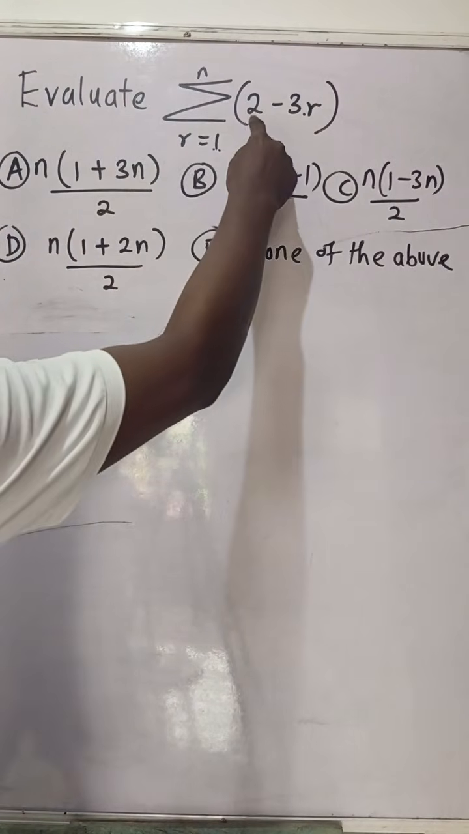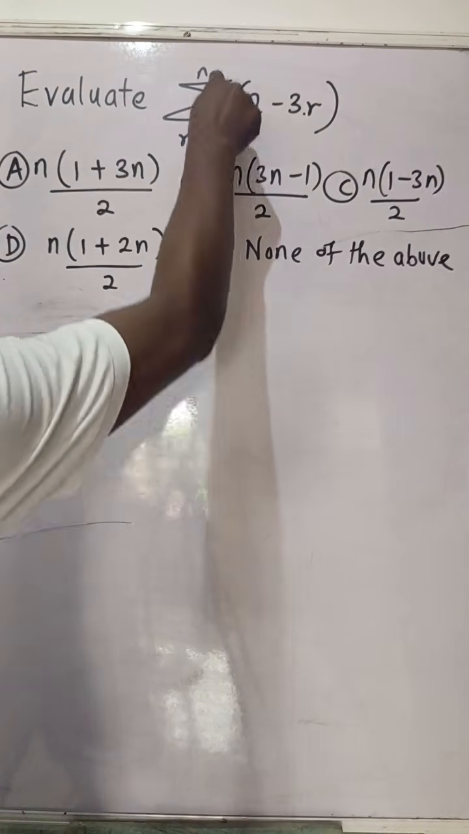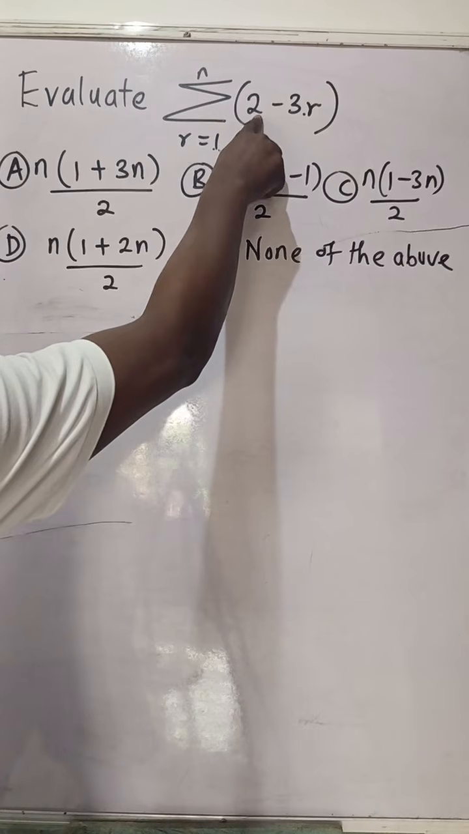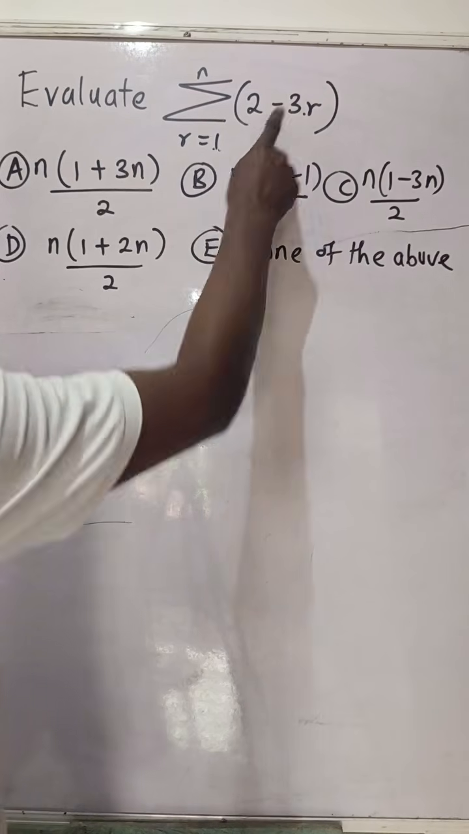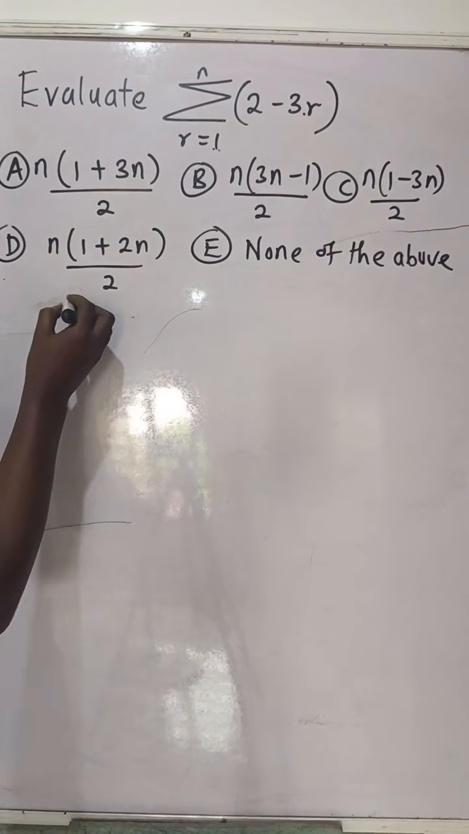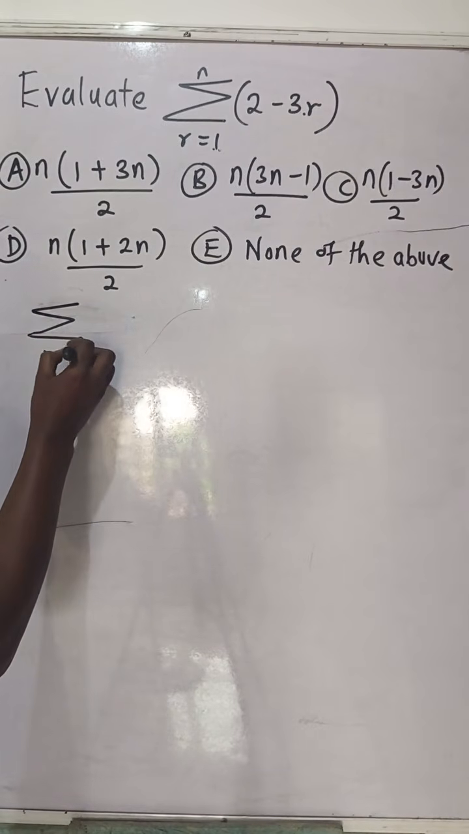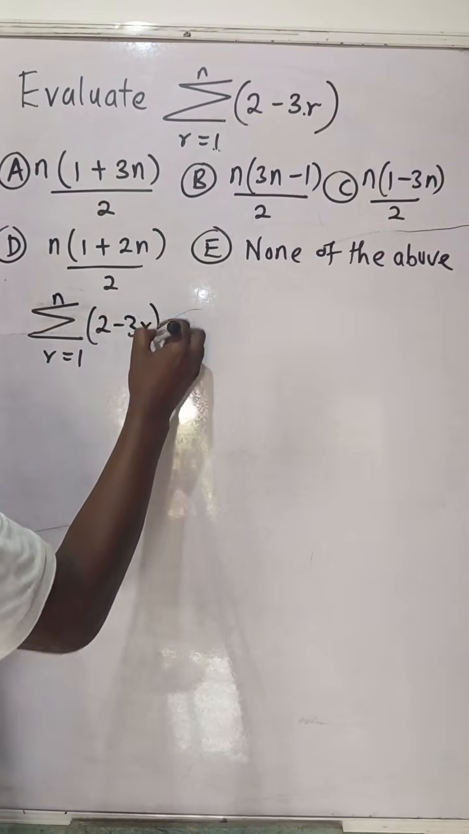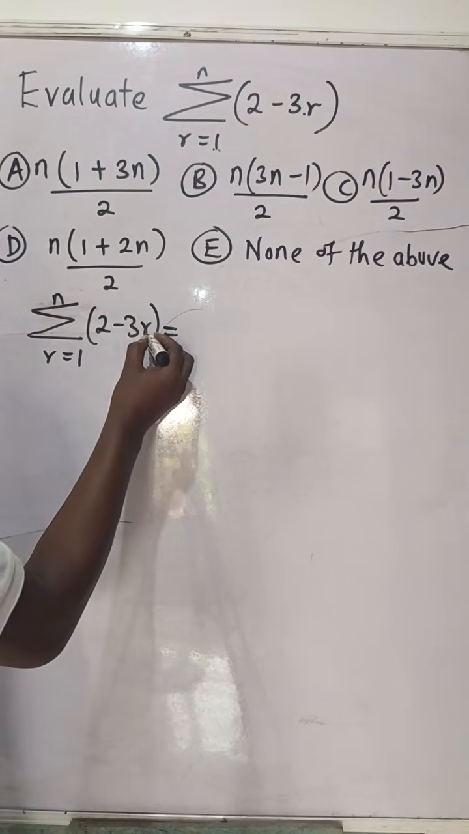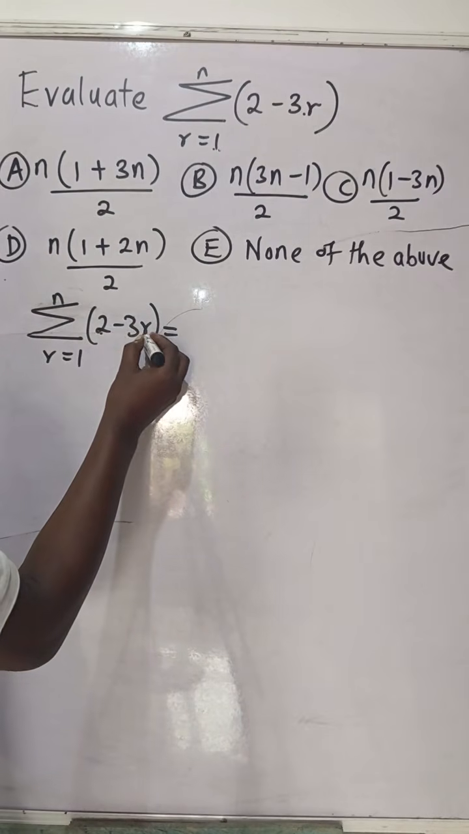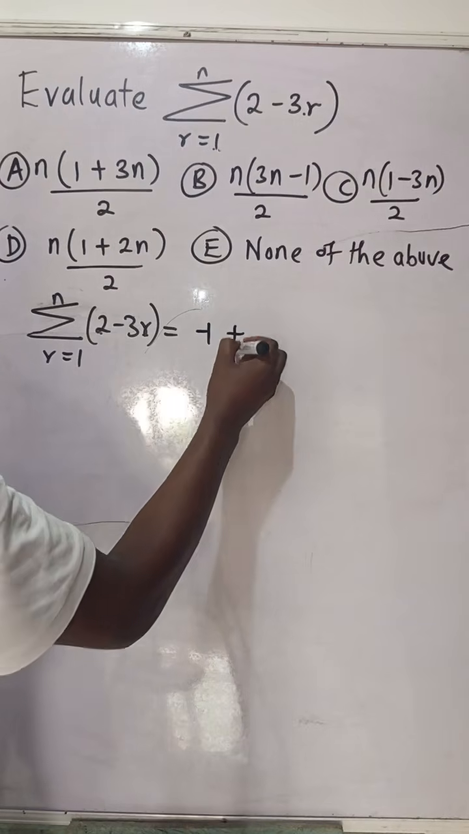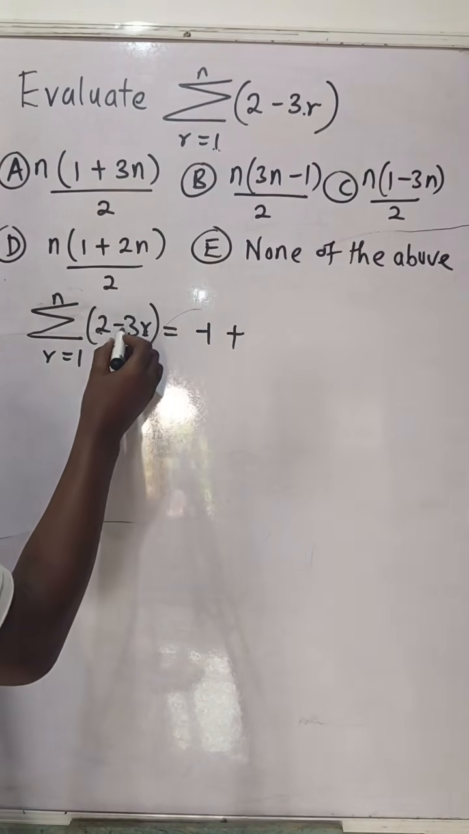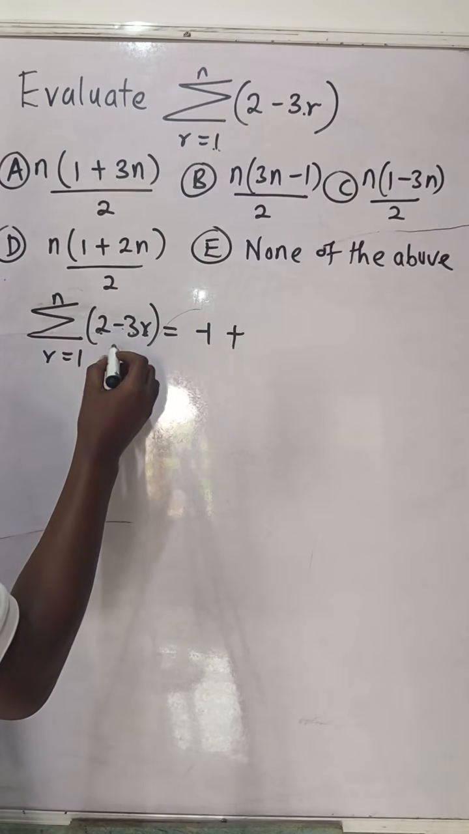Evaluate the sum of r from 1 to n of 2 minus 3r. Now what we're going to do is, for the sum of r from 1 to n of 2 minus 3r, put 1 there, and we'll have 2 minus 3, which will give us minus 1. Plus, then put 2 next: 2 minus 3 times 2 is 6, 2